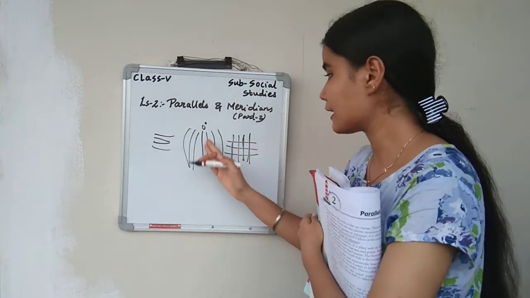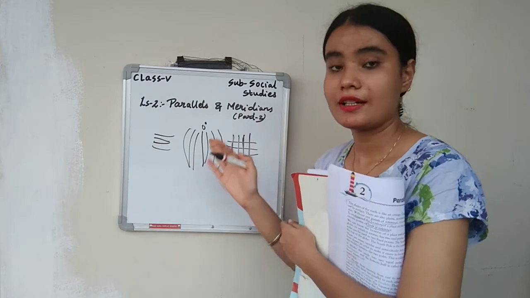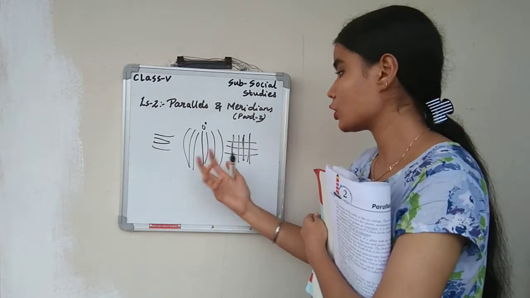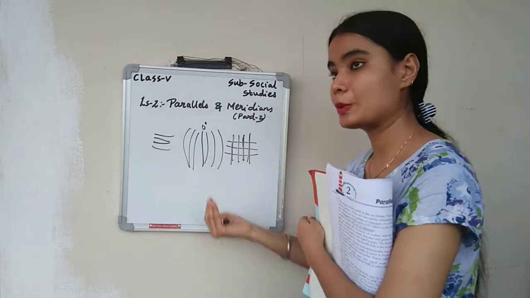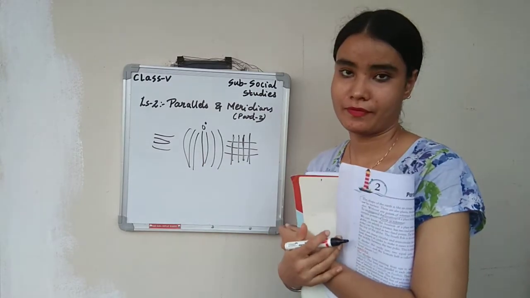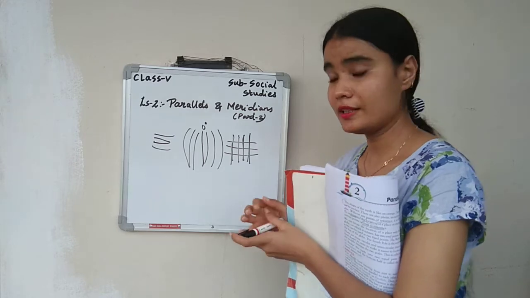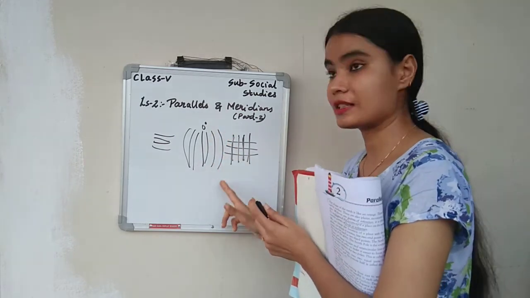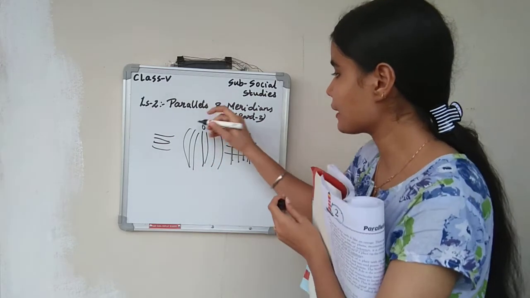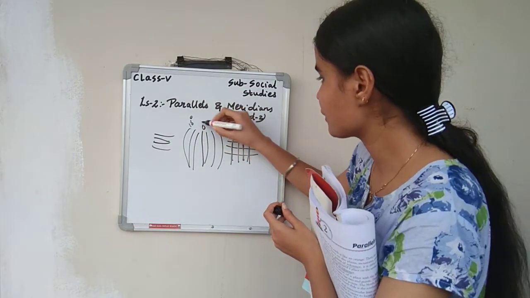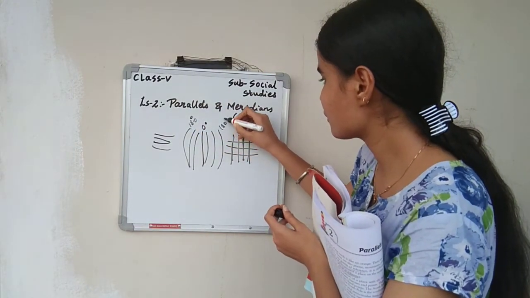If you are drawing a line from 0 degree in the middle, it means the earth or the globe can be equally divided between east and west. Okay, so it can be divided into two equal halves. One is 0 degree to 180 degree towards the east side, and 0 degree to 180 degree towards the west side. Okay, this is 180 degree.